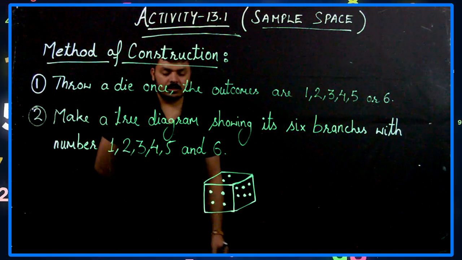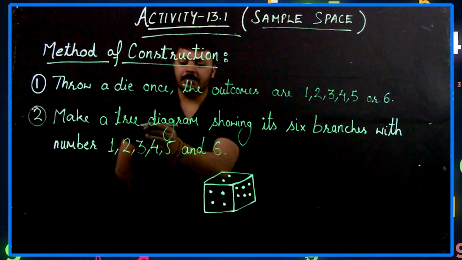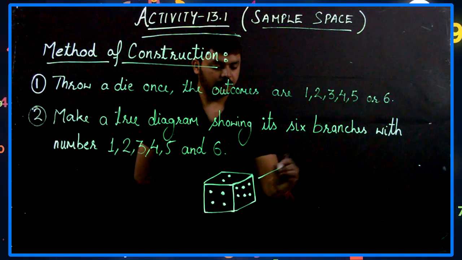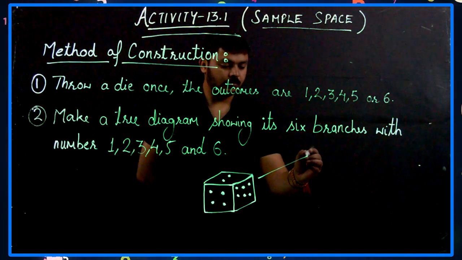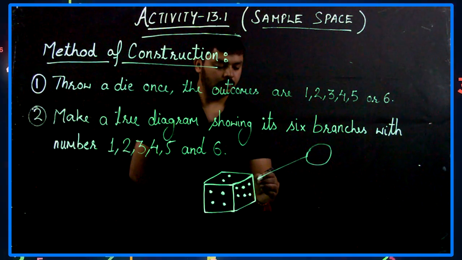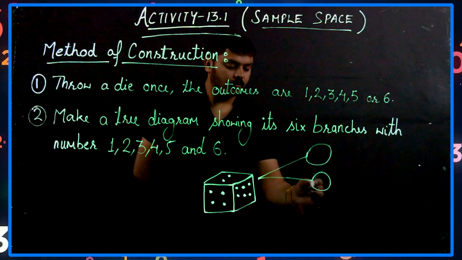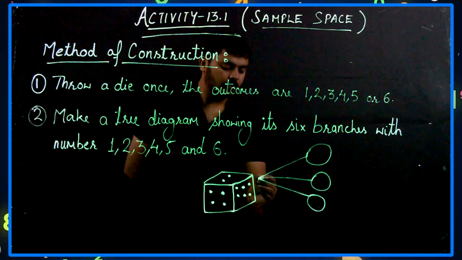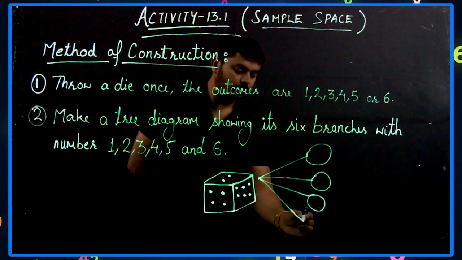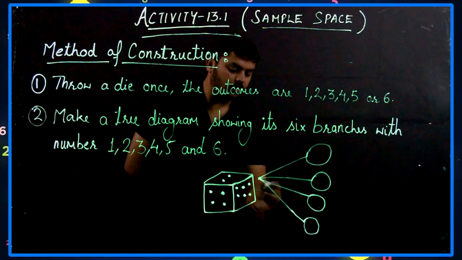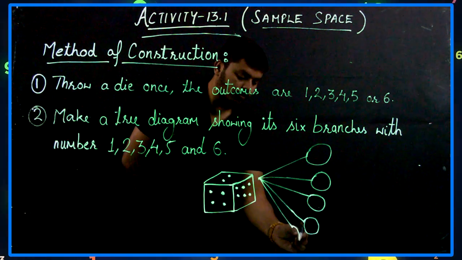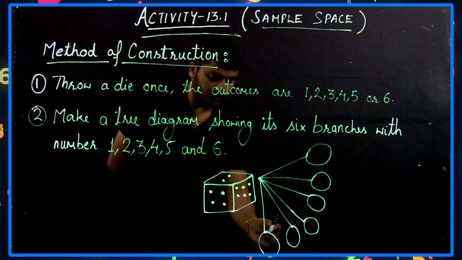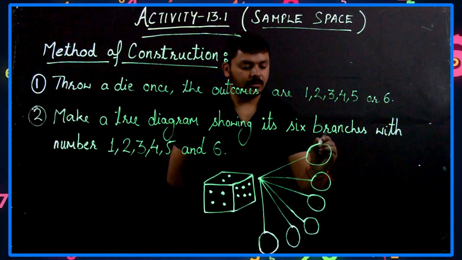So suppose this is a dice, and now let's make a tree diagram showing its 6 branches: 1, 2, 3, 4, 5 and 6, and let's write the numbers